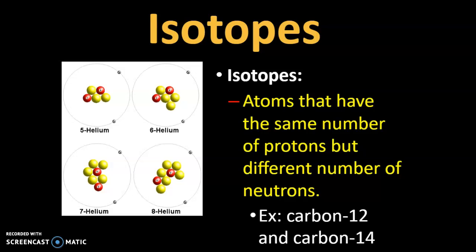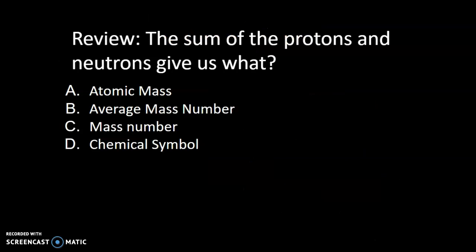So now that we have our definition of the isotope, again, same number of protons, different number of neutrons. Now, if we take the sum of this, which of these can we get? Go ahead and pause and think about this for a second. If you add the sum of protons and neutrons, that's going to give you